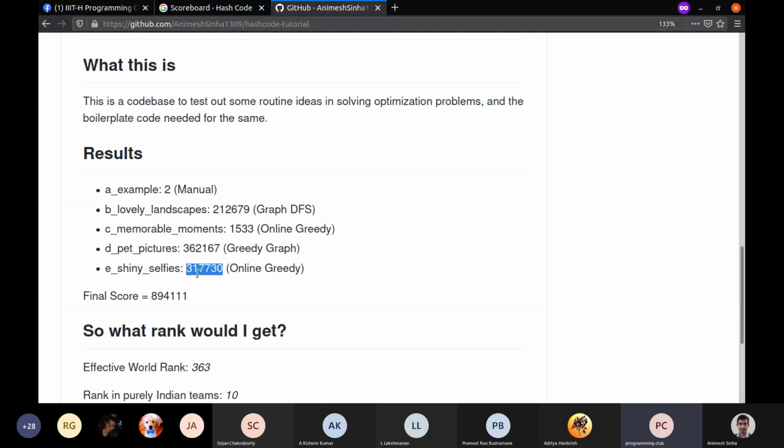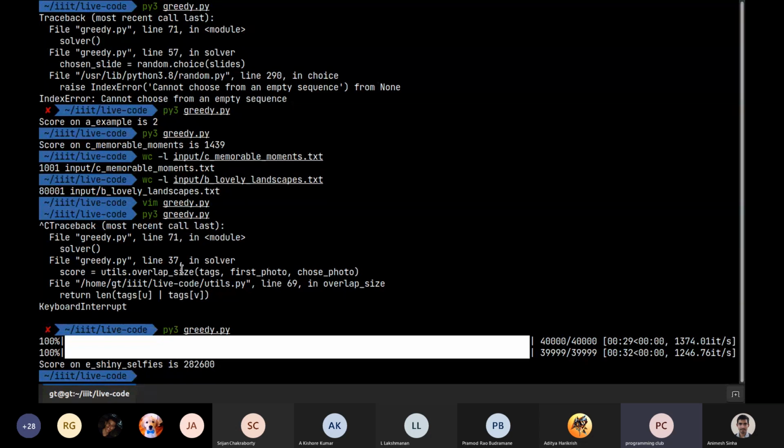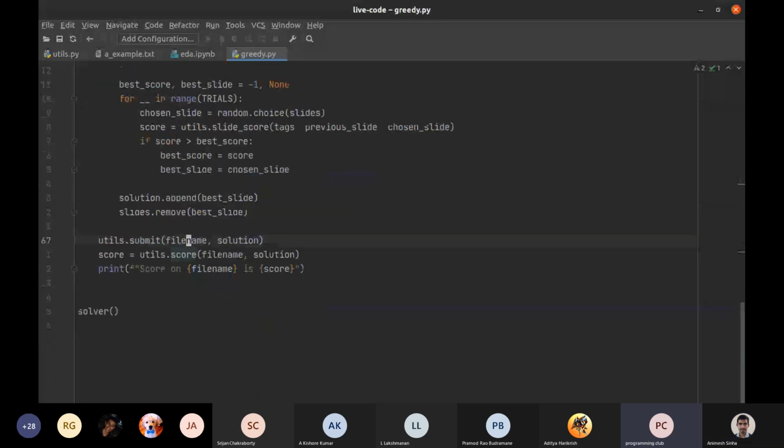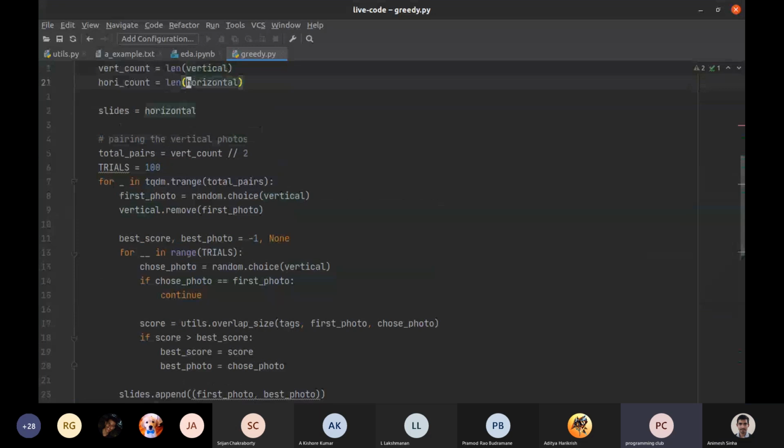On E, the best solution is roughly 561K plus, but that is something even grandmasters couldn't manage on Codeforces. So this is the best score we could get in our online greedy approach, and with a greedy graph approach, you're getting 280. So not a compromise. This is a very good trade-off for time taken to code versus the score obtained. Again, it's all very clean code. There's no part in this code that you can point at and say this is particularly innovative or particularly new. It's pretty rudimentary, pretty systematic.